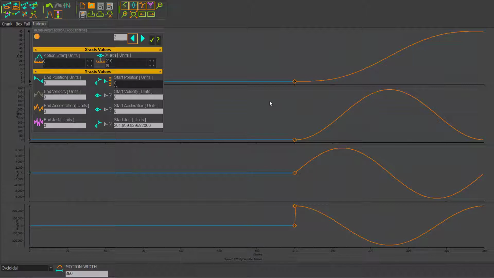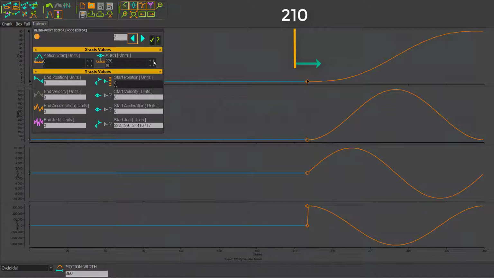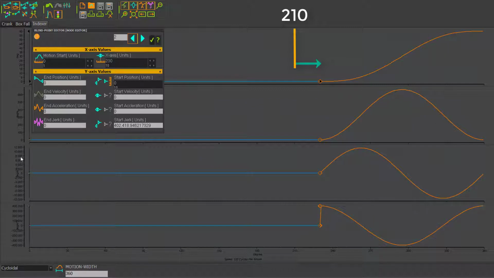So what I'm going to do is take this node here, and move that further over to the right. As I do that, of course, the rise segment will get shorter. So I'll move it in 10-degree increments. Now the dwell is 220, and you can see that if we look at the acceleration,